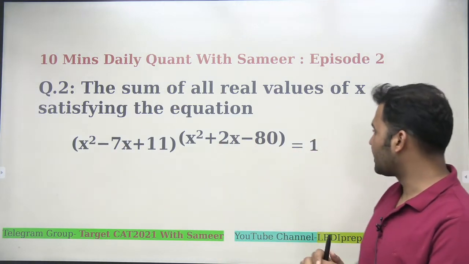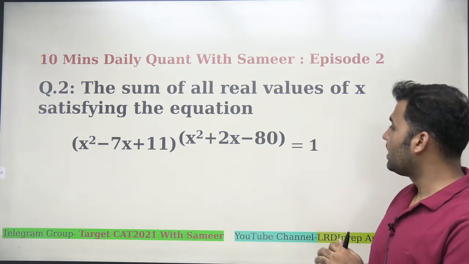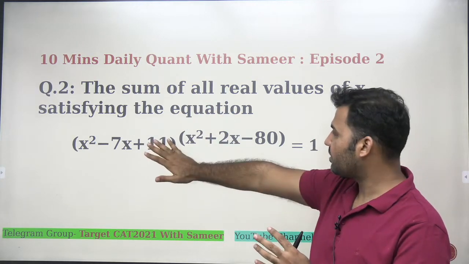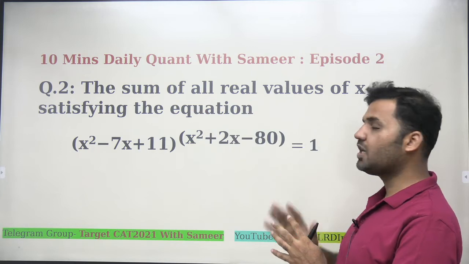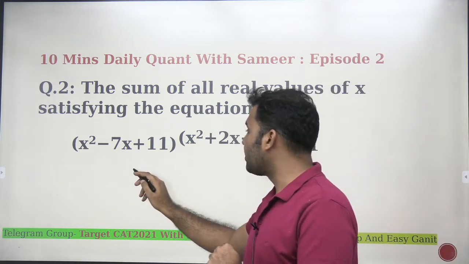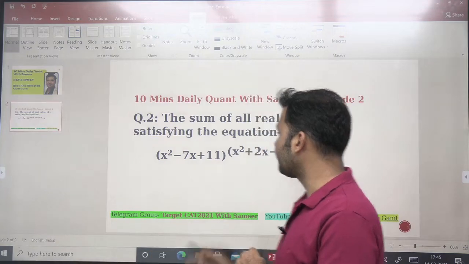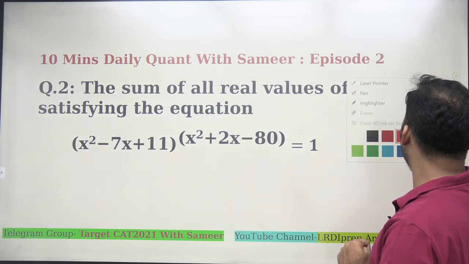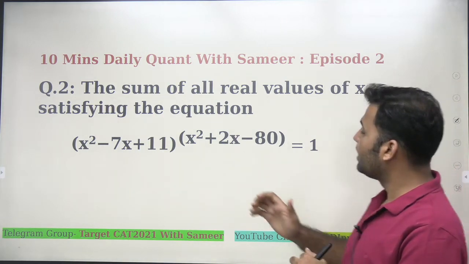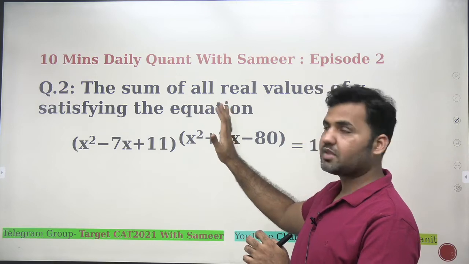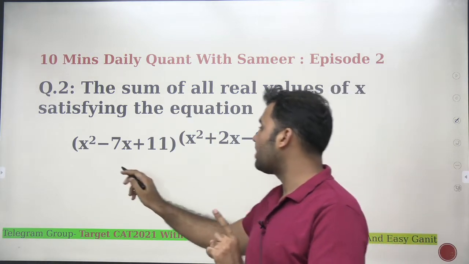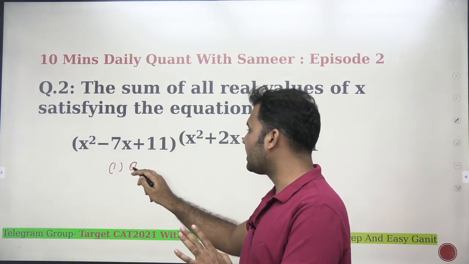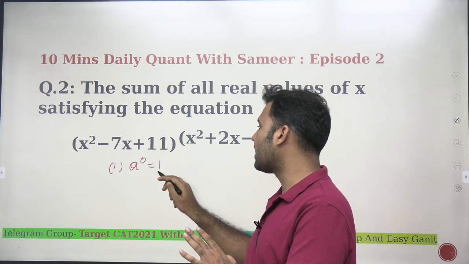The moment you look at this expression, the first thing that should come to your mind is an expression with an index will be equal to 1, and any algebraic expression or number raised to power something will be equal to 1 only if you have the power as equal to 0, right? If you have the power equal to 0, right? So there are three ways to represent a number raised to power something is equal to 1. The one possible case would be that you have any expression in the base, right? But then if the power is 0, it will be equal to 1.